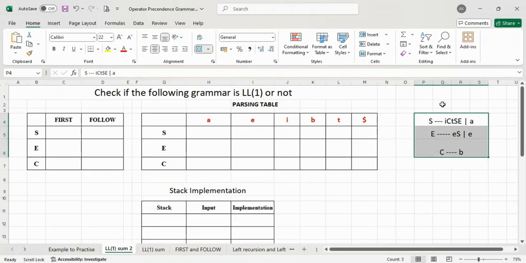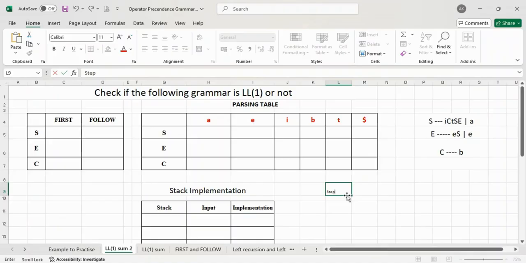This is the grammar which is given. Let us identify whether there is any left recursion or left factoring. If you observe, the grammar does not have any left recursion because there is no variable on the right hand side which starts with the same variable as the one on the left hand side. Also, there is no left factoring in the grammar. So with step 1, you can write in your answer paper that the given grammar has no left recursion and left factoring.